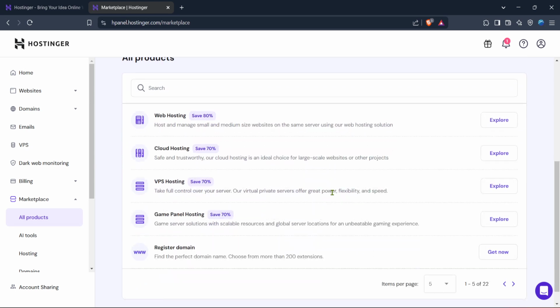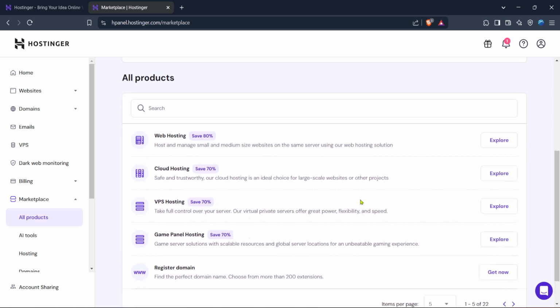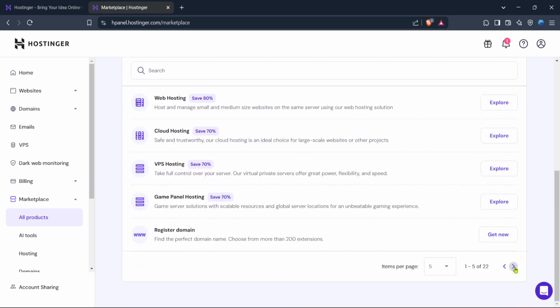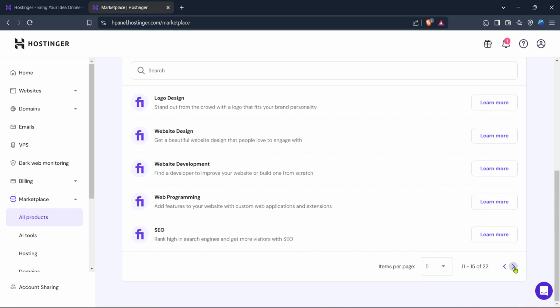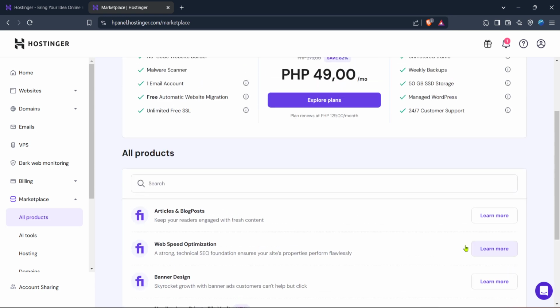With your products lined up in front of you, the next step is to explore the various plans available. Here you'll see a clear outline of what Hostinger can provide, allowing you to assess what might suit your website's needs as it grows. Click on Explore Plans to dive deeper into what each plan offers, from performance capabilities to additional features that could